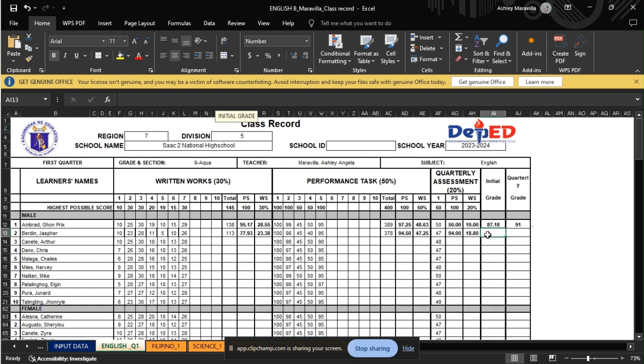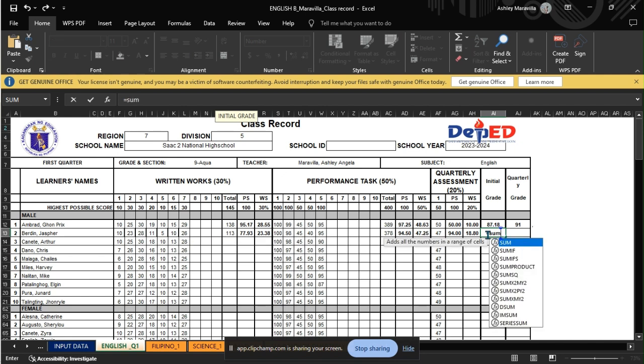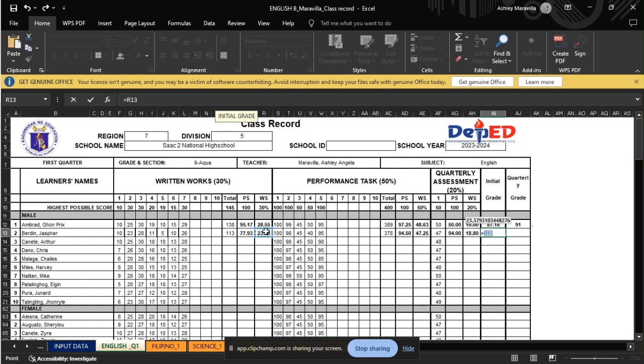So again, it is in AH13. The formula for the initial grade is equals, then SUM, or delete the SUM, directly click the WS in written works, then add plus, then the weighted score in performance task. As you can see, we can't see the weighted score in quarterly assessment.